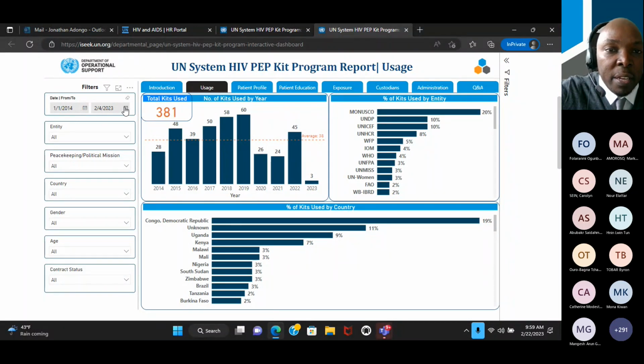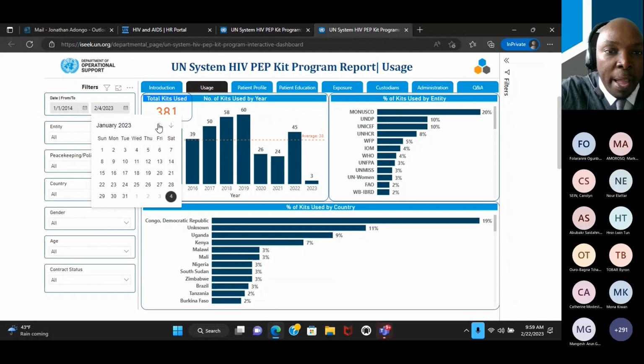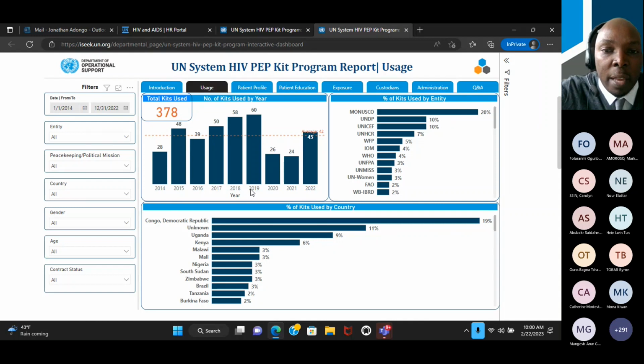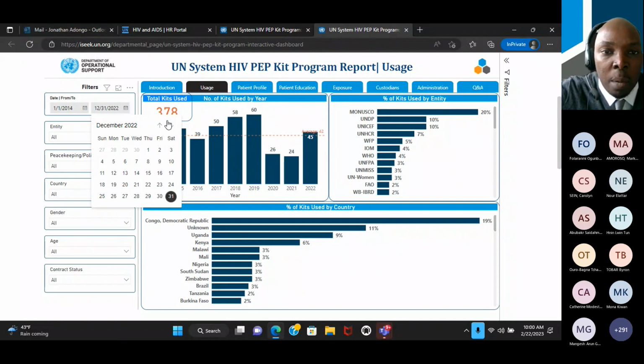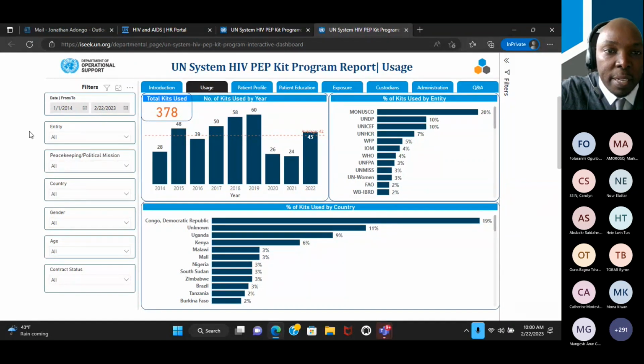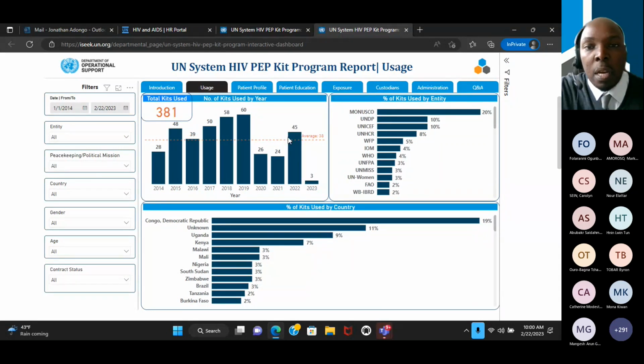You can cut this date. If, for example, you want an end of year report for the last year, all you do is go back to the end of December and click that last date in December, and all the visuals update to the last of December. However, since the beginning of this year, since we're in February, three additional forms have been submitted. So it captures that information. Today is the 22nd. So it shows us that we have started receiving, once again, patient, custodian, and physician forms. We have to have all three before they are entered into the dashboard. So this is just a timeline trend of that information.